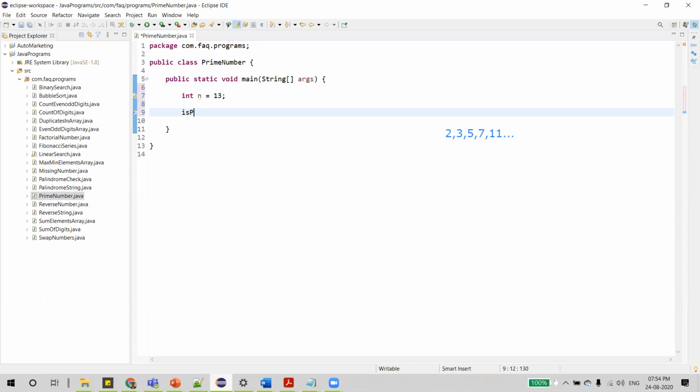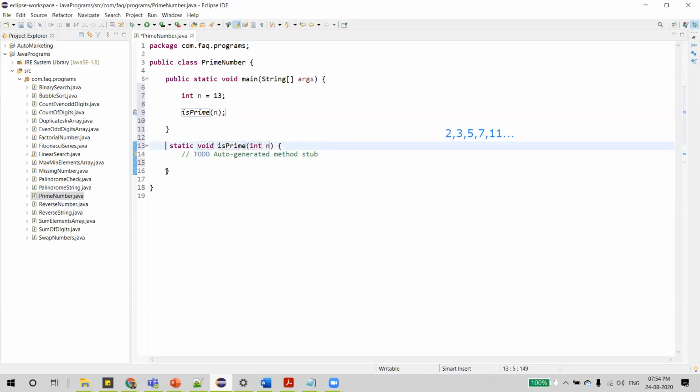For that, let's create a method and pass this value into it. Let us say this method returns boolean. If it is prime, we'll return true. If it is not prime, we'll return false.